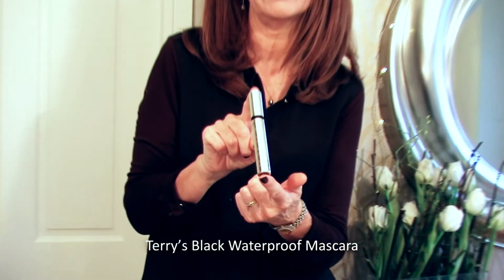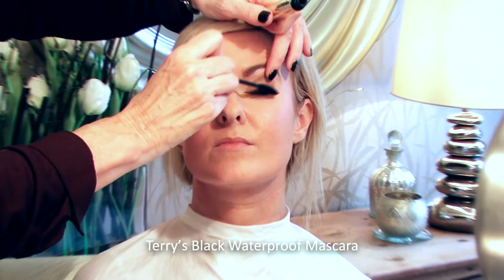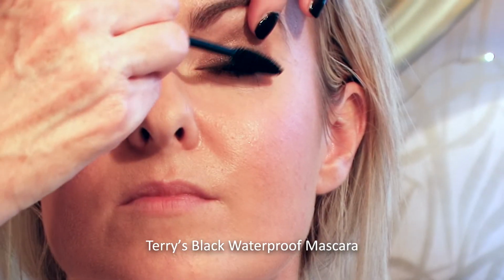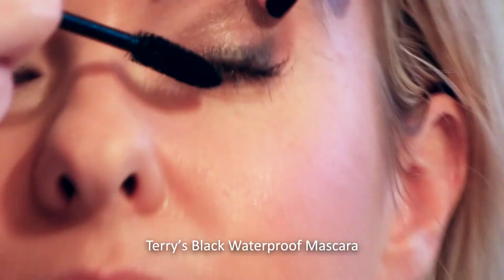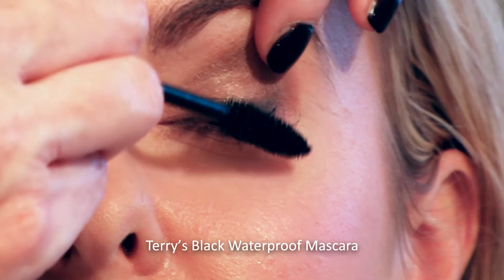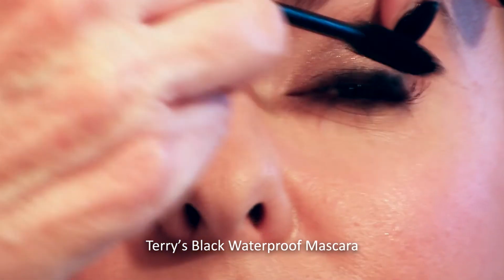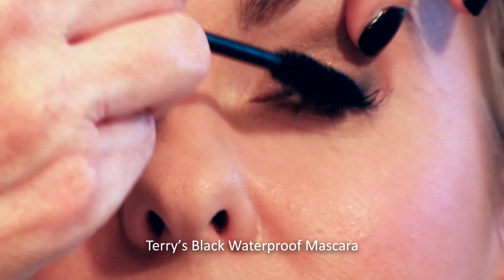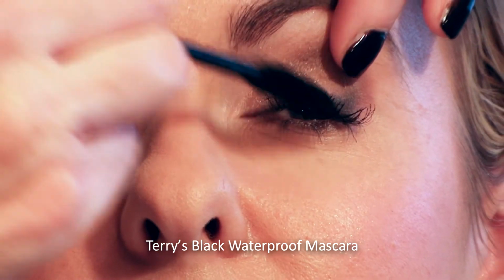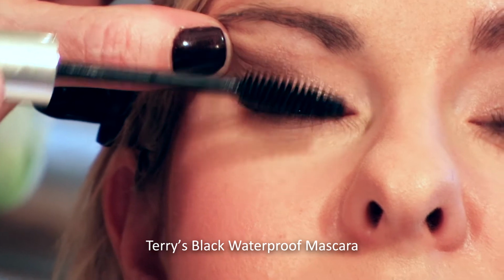So now the eyelashes, I'm going to use Terry's Black Waterproof Mascara. I'm just going to apply this to your lashes, which are amazing, I've got to say. They look like false lashes, but you don't need any false lashes. I do think that Revive do wonderful express lashes that are brilliant for wedding days, if any brides feel that they want that bit extra,